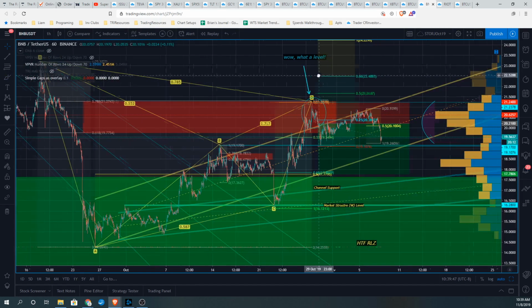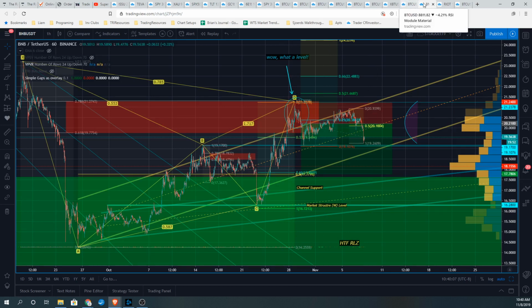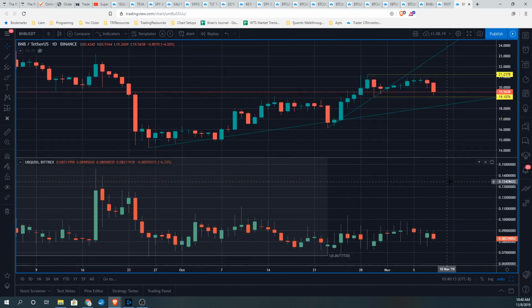Those people that did take that PRZ setup were in the money, then underwater, and now they're back in the money, and you can see we're testing against these lows again. No idea how this is going to play out, but if we do lose these lows, my hunch is 50%, and these guys getting paid probably works. And if that does happen, that carves out a big M on BNB, which I think is more anecdotal evidence validating what we're seeing out of Bitcoin, that crypto's on pause right now.